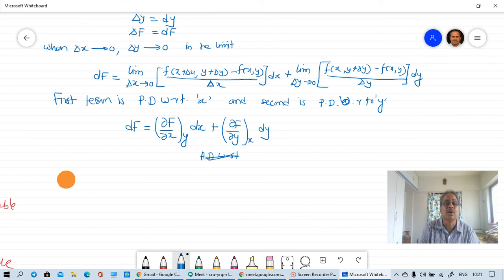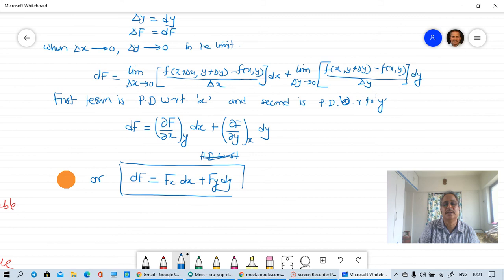Or in short we can write the final expression as df is equal to fx into dx plus fy into dy. Remember, this is our final expression, which is called the